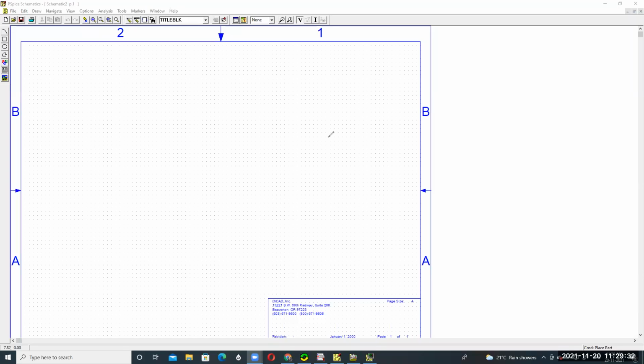Design of low pass filter by using RC circuit. Design of low pass filter by a simple series RC circuit. So we have to design this low pass RC filter by using PSpice.